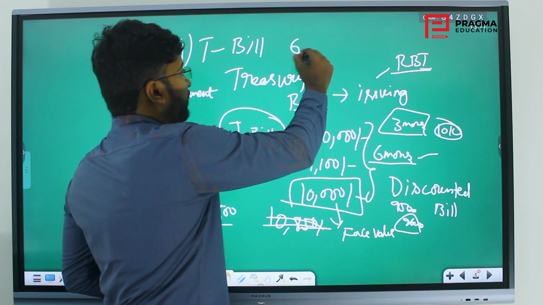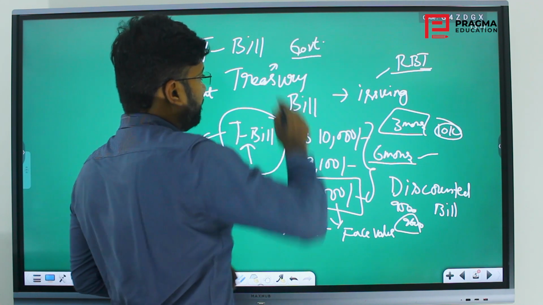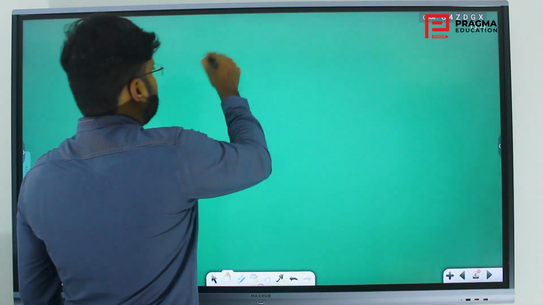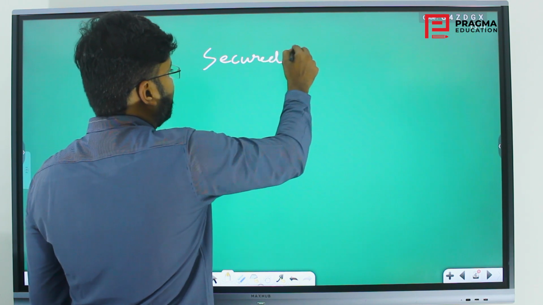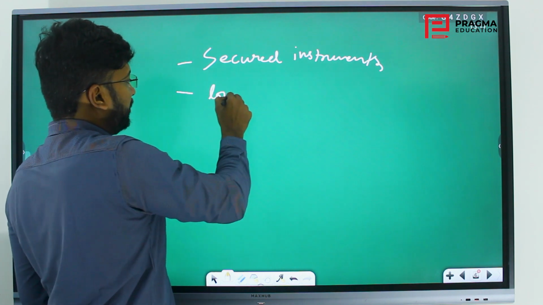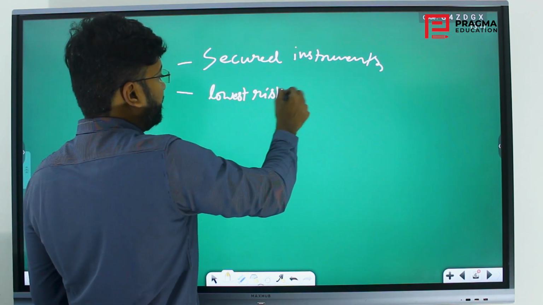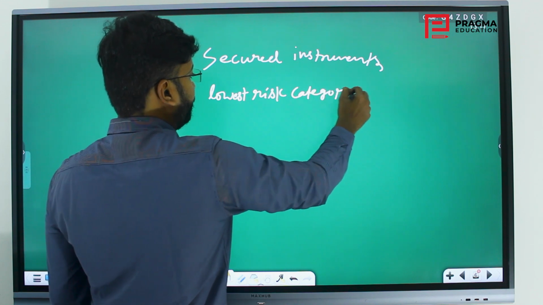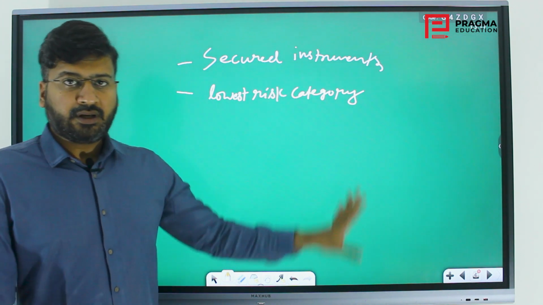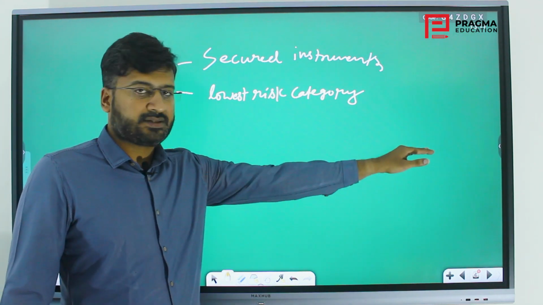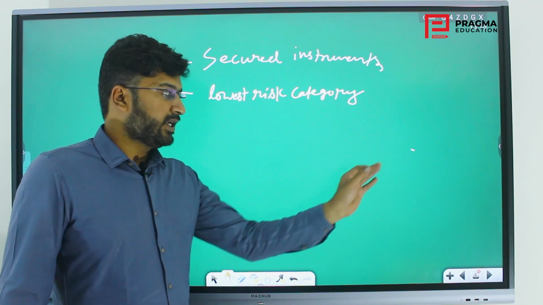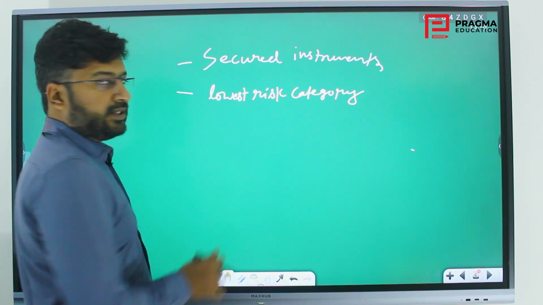These are government issued. This bill is paid from the treasury of the government. That is why these are most secured instruments, because government is ensuring, and lowest risk category. That is, they bear very low risk because it is guaranteed by the government treasury itself. That is why after this prescribed time period, if I give back the T-bill, I will get my money. That is mentioned as a face value in the bill. So that is discounted bill that we have seen.